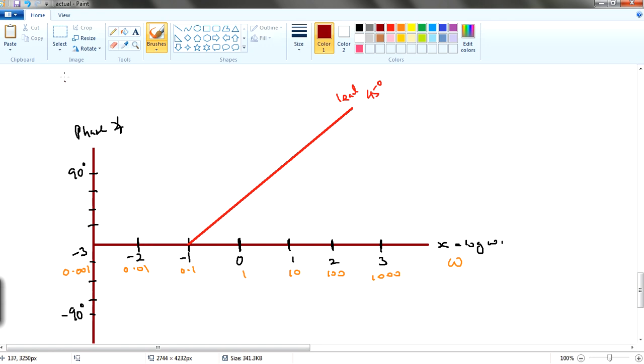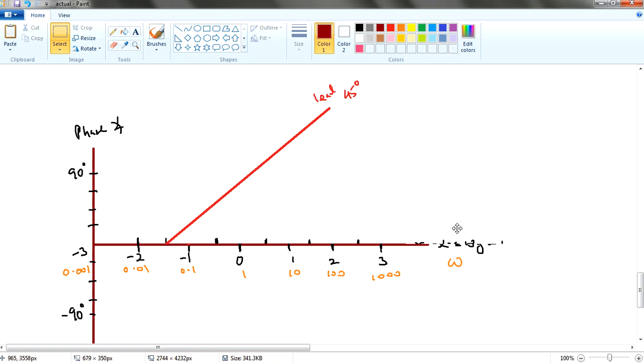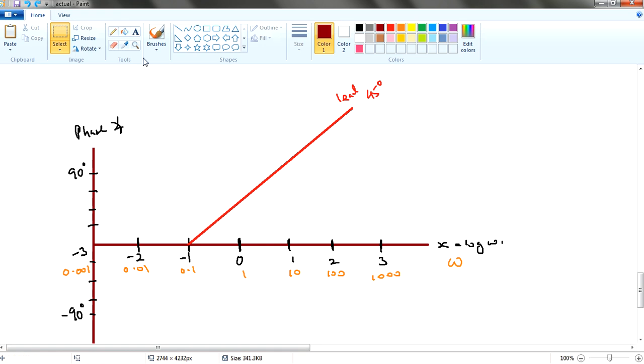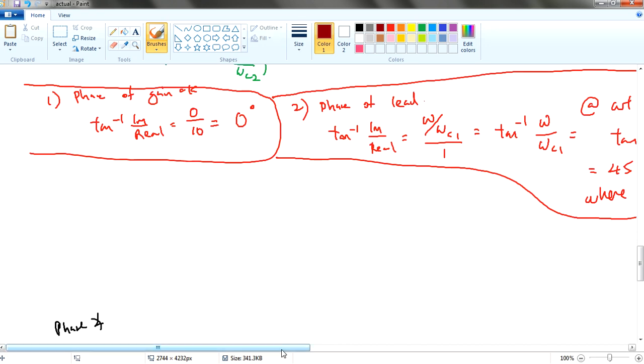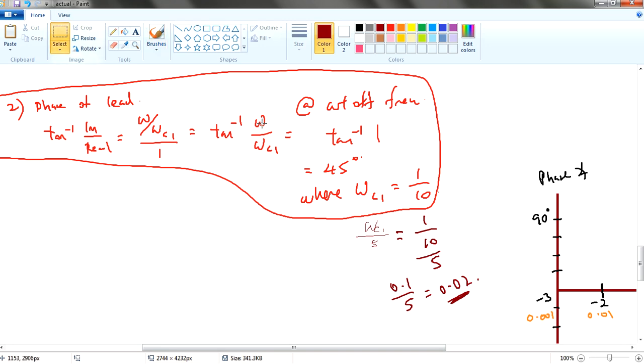So what I'm gonna do is to move this graph to this point. Never mind. Hold on a while. When I move over there, before that, I have to label 0.02 again, as the cutoff frequency. But before I continue drawing the 45 degrees, I just realized something. Instead of only calculating one angle, you're gonna calculate another angle. Previously you calculated 45 degrees when omega is equal to the cutoff frequency. Now, if omega is 0,